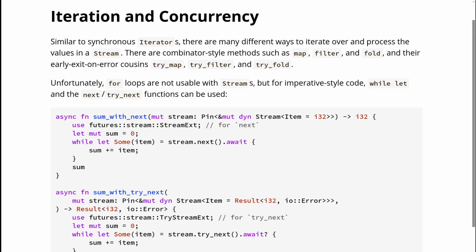Unfortunately, for loops are not suitable for streams, but for imperative style code, while let and the next and try_next functions can be used. Alright, we have some with next. We get a string. It's a dynamic string. If item is type